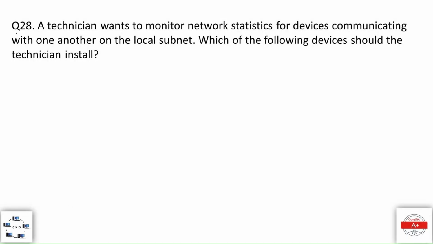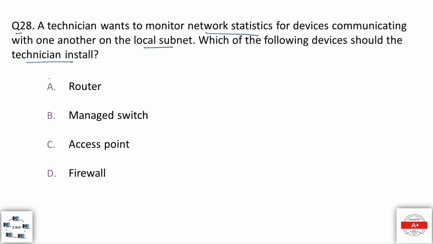Question number 28. A technician wants to monitor network statistics for devices communicating with one another on the local subnet. Which of the following devices should the technician install? And the options are option A, router, option B, managed switch, option C, access point, and option D, firewall. And the correct option is